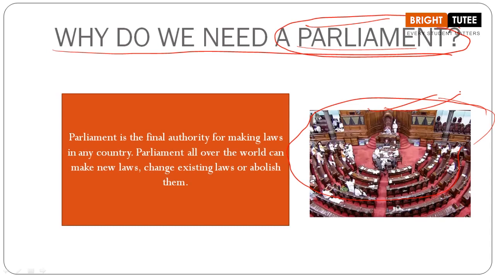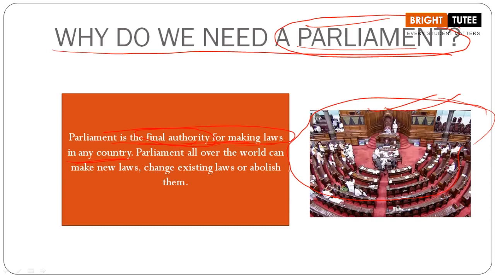Majorly there are 4 points in this book that we are going to discuss, and we'll understand all these important points. Now the first point here is that parliament is the final authority for making laws in any country. Now we are talking in a very generic term here. So when we are referring to the parliament, we all know that the elected representatives have the responsibility of making laws. So in very simple terms, we can say that parliament is the final authority. The term final authority here is really important.